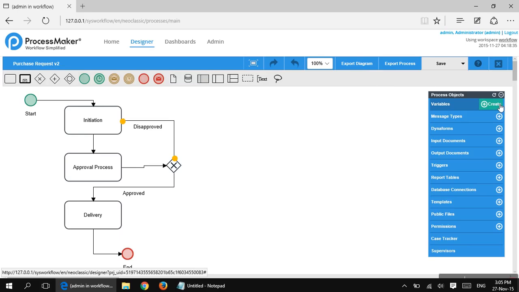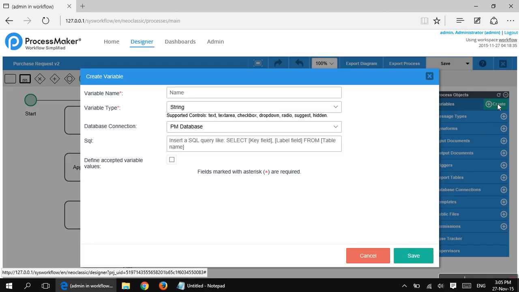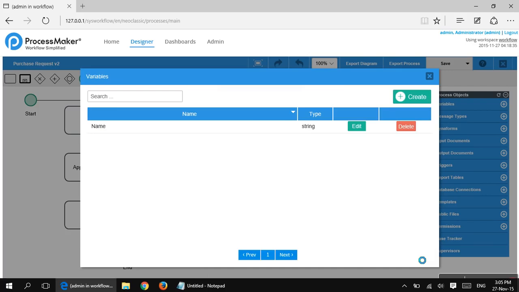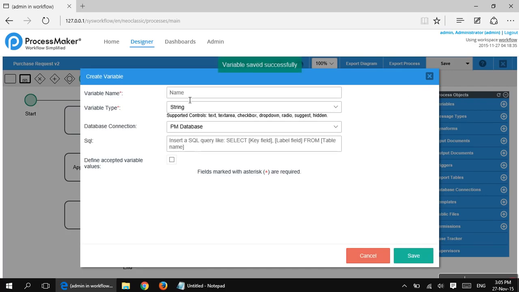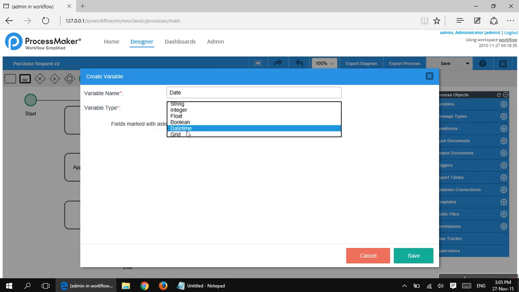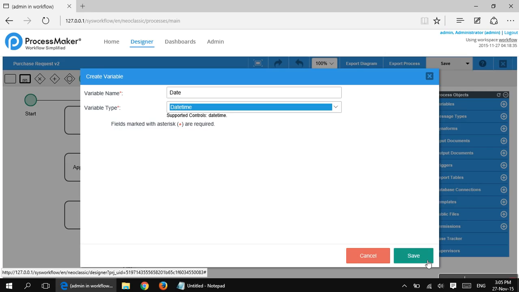So these variables are actually let's say x, y, or something, some variables on which the data, the form on which the people have entered data on the form, that would be stored on the variables. So first variable would be name. I will keep the variable type as string, and for our basic understanding, I will keep all this default. Save it, and I will create one more. After that, date. So for date, I have an option here, date and time. Select this variable type, save it,